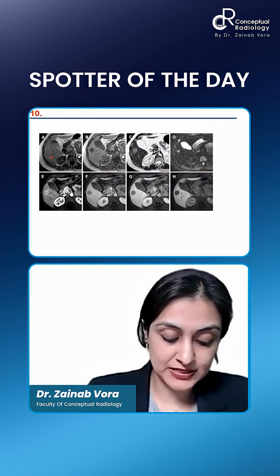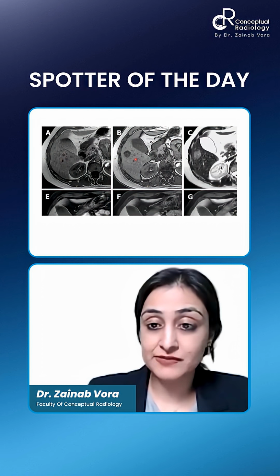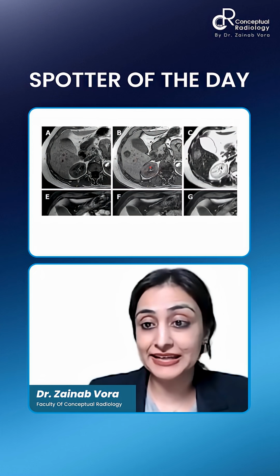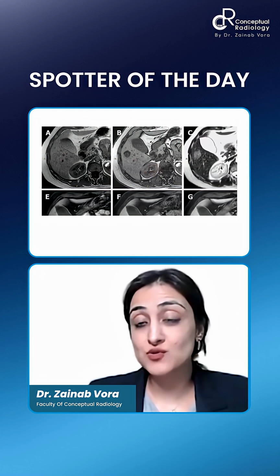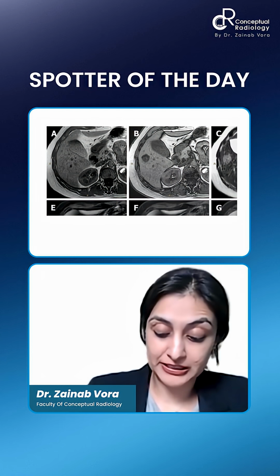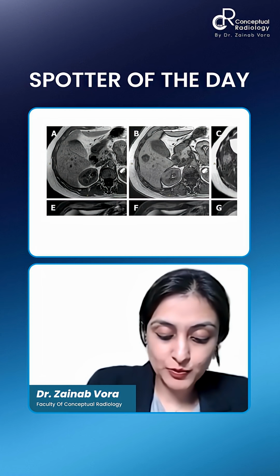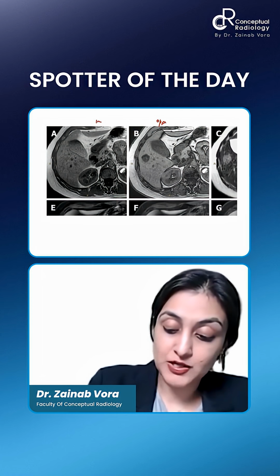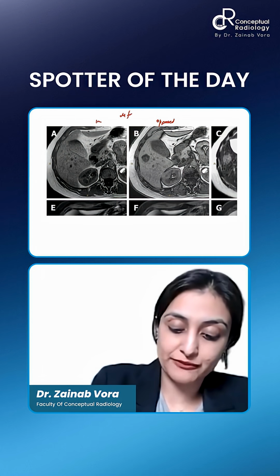Let's see the sequences. So this is T1 in, this is T1 opposed. How to know that? You know the India ink artifact. No, pneumothorax, no marks. Pneumothorax तो दिख भी नहीं रहा ना, तो खाली ICD के बेसिस पे तो कुछ नहीं मिलेगा. So what do you see in an opposed में? There is drop. So that tells us that there is microscopic fat.